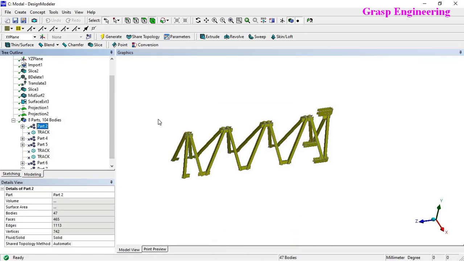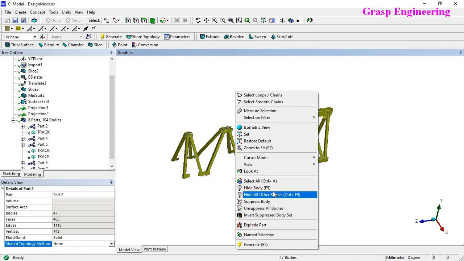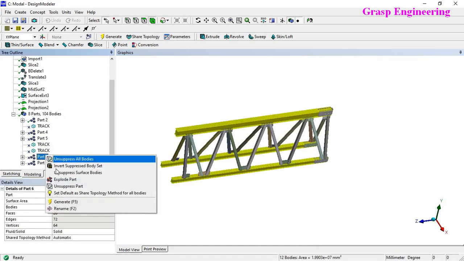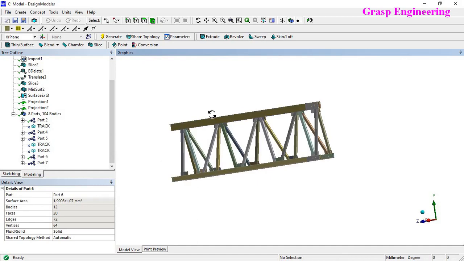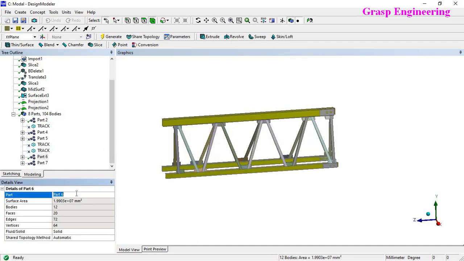You will find we have already formed the new part, but here we will keep the connectivity as None. If you don't want connections and want to give contacts instead, you can use None here. Then unsuppress the part. Now we have created 2 parts. The first one is for the shell mesh, or you can say the shell part, and the next one is your solid part.